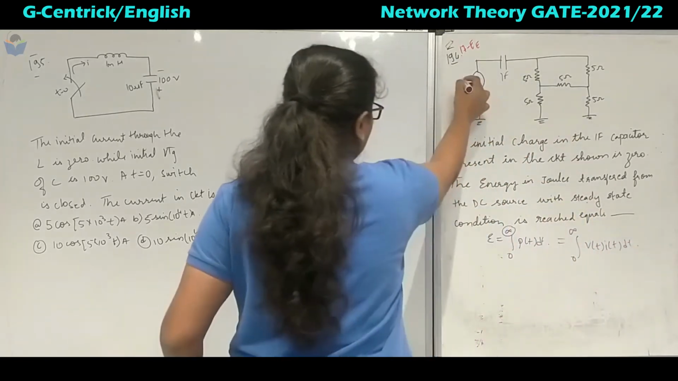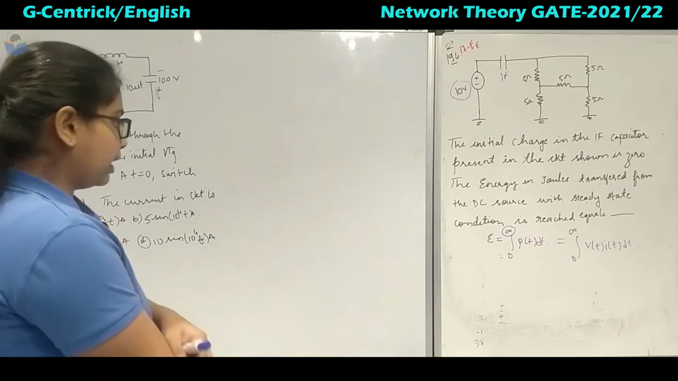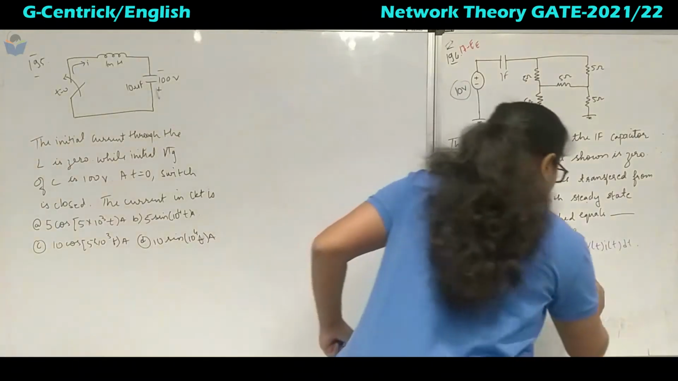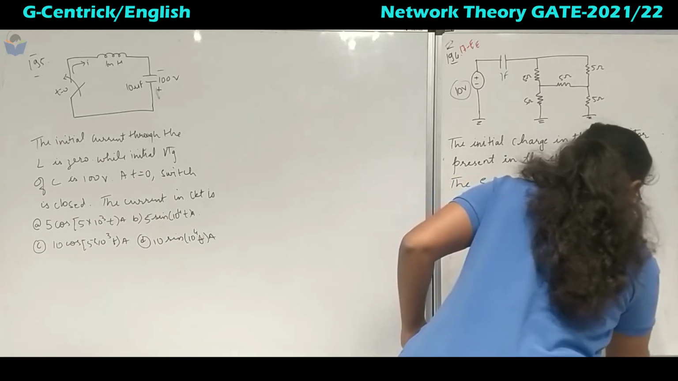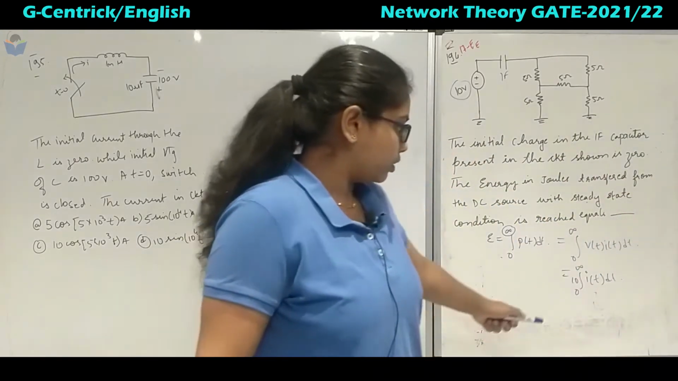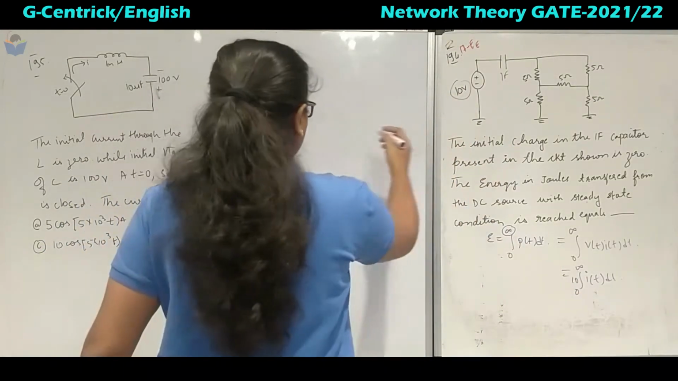So the DC source voltage is 10 volts. We will directly write this voltage as 10 volts. So I'll take the 10 outside, then this is I of t into dt. So we want the generalized equation of I of t. So at step 1, what it is nothing but